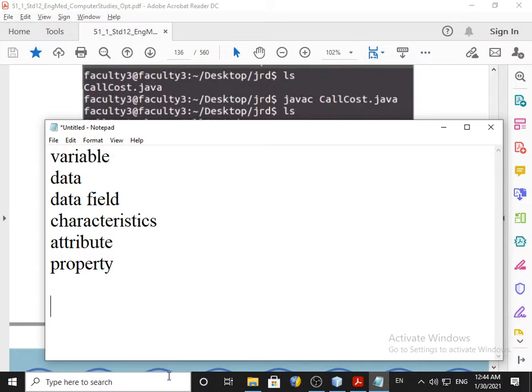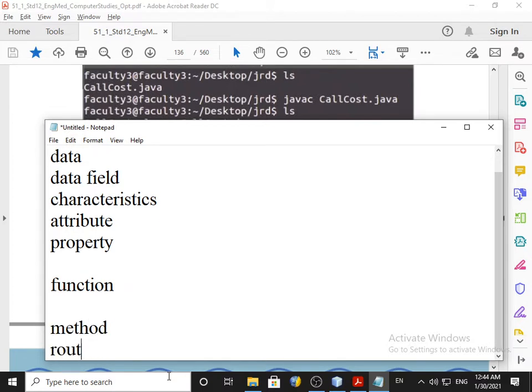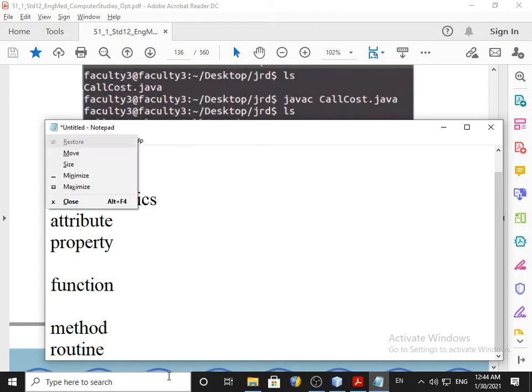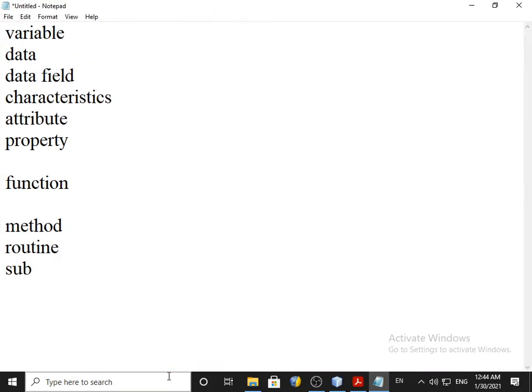In the same way, the synonyms of function are method, routine, subroutine, behavior, operation, message.